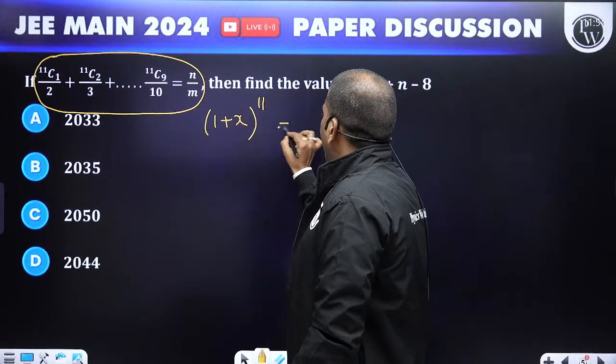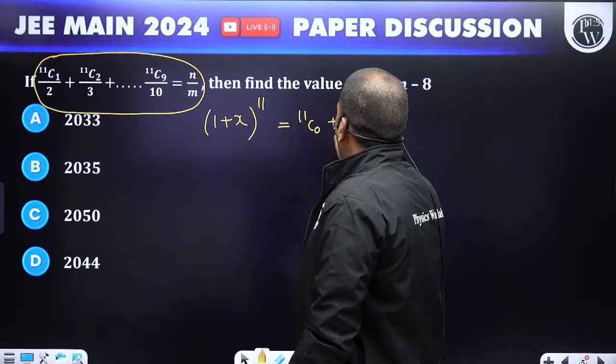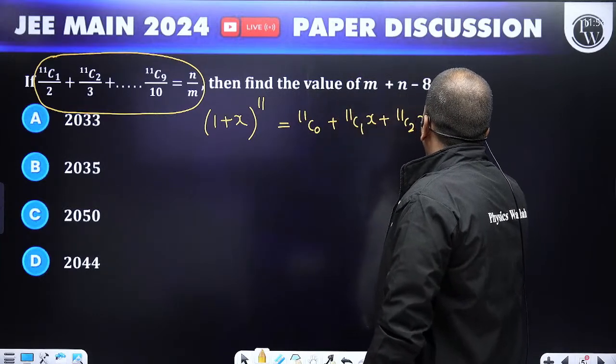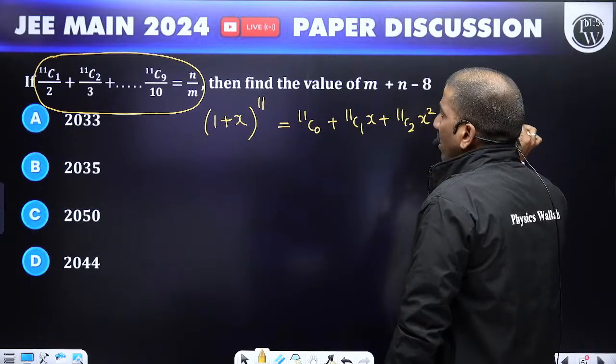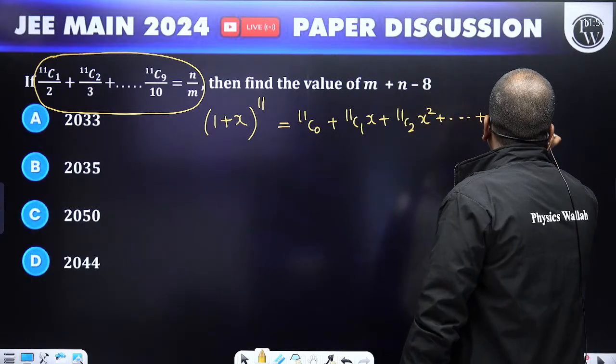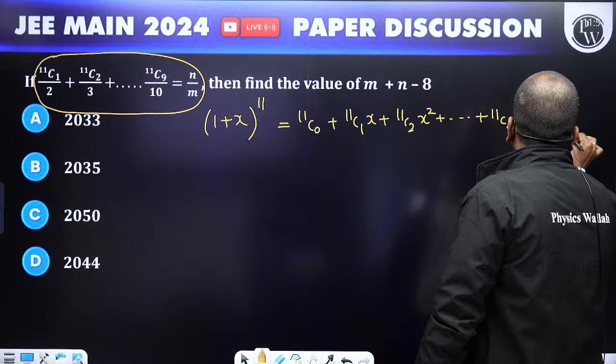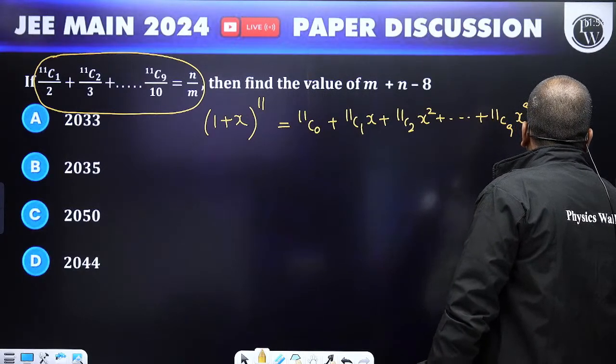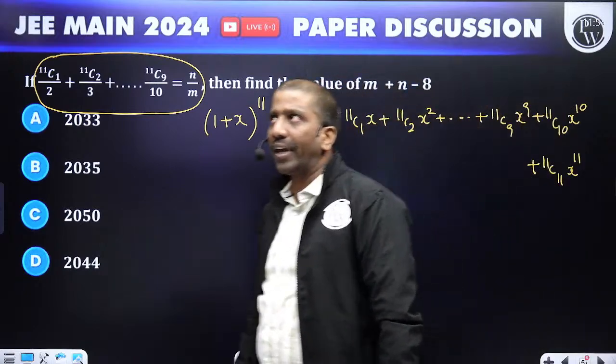So the simple thing is 11c0, 11c1 x, 11c2 x square, plus and so on, plus 11c9 x power 9, 11c10 x power 10, last one 11c11 x power 11. Just we have taken